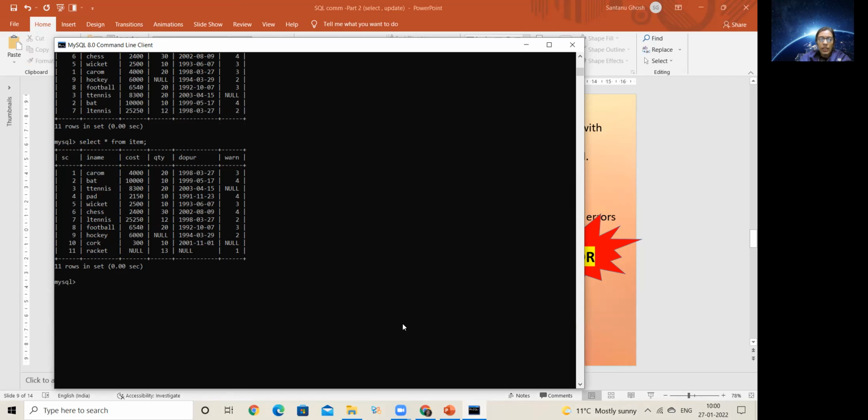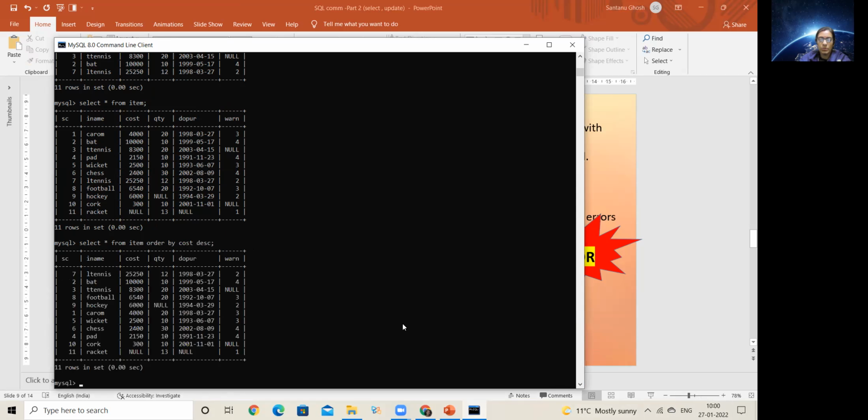Okay, I want to display the same data, but in descending order. So order by field name followed by DESC. That is the keyword to be used. Now look, this has come reversed, starting from the highest cost data to the no cost data. This one's cost is not mentioned. Okay, so your job is to create a table, insert a few records, and then practice the order by